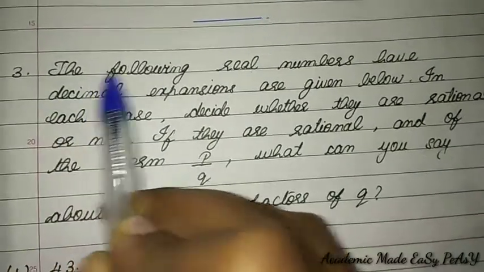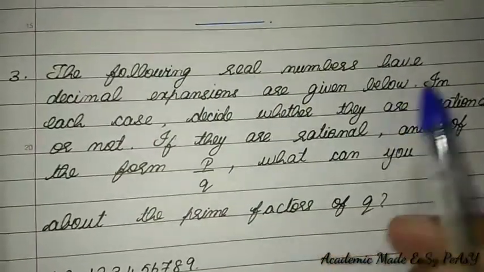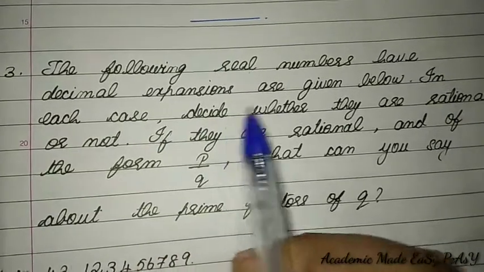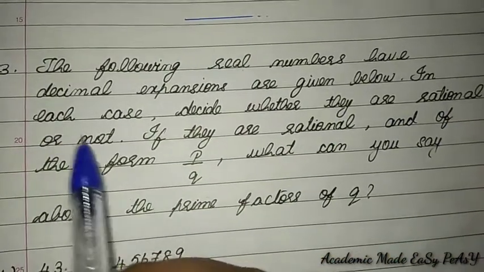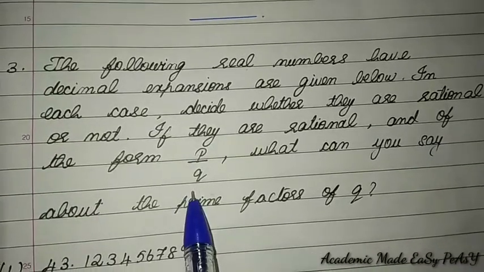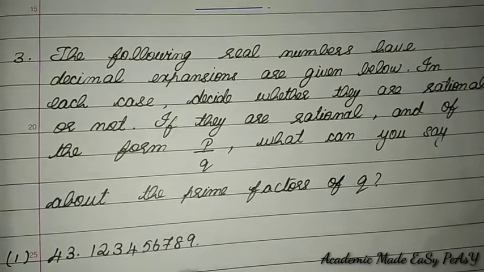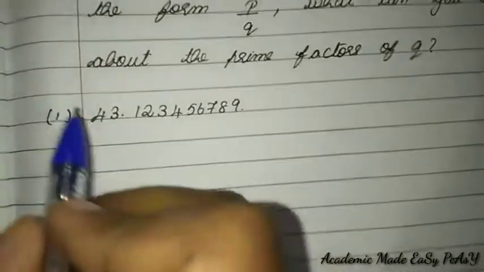Question 3. The following real numbers have decimal expansions given below. In each case, decide whether they are rational or not. If they are rational and of the form P by Q, then what can you say about the prime factors of Q? So question 1,